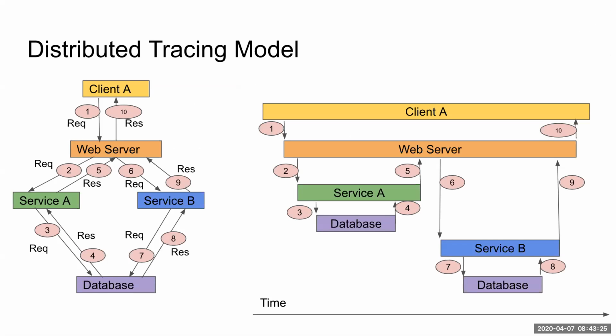So a common workflow will be someone sends an HTTP request to the web server, and the web server will send out messages to different services. And in the service, they will call the database to get some data, do some SQL queries, and then reply to their caller. So this is a workflow. But in the distributed tracing model, we want to know which one is the bottleneck. So we will use a different way to see this workflow, as I show on the right-hand side.